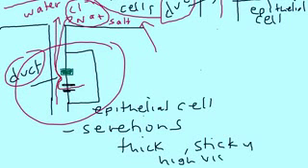High viscosity. And that is really the major issue that's happening here. I'll draw a little diagram to illustrate what would happen in just one of the areas that cystic fibrosis